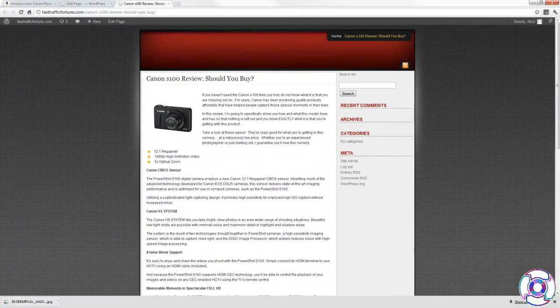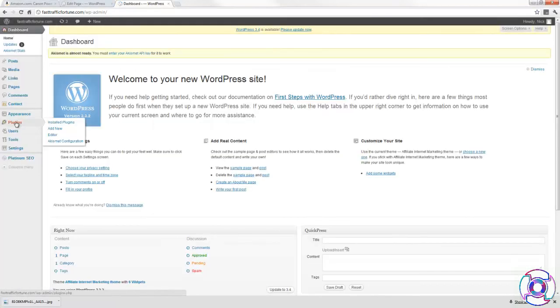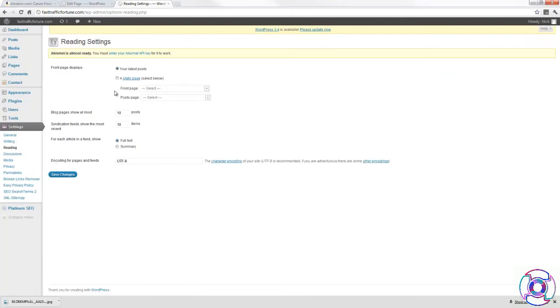Okay, and the final thing we need to do is make this post our home page. Okay, so everything looks good here. So let's go back to our dashboard. Let's go to settings and reading. Our front page is going to display, right now it's set to your latest post. Let's do a static page, and front page is this: Canon S100 review, should you buy? And click Save Changes. Alright, so now whenever you go to fasttrafficfortune.com,